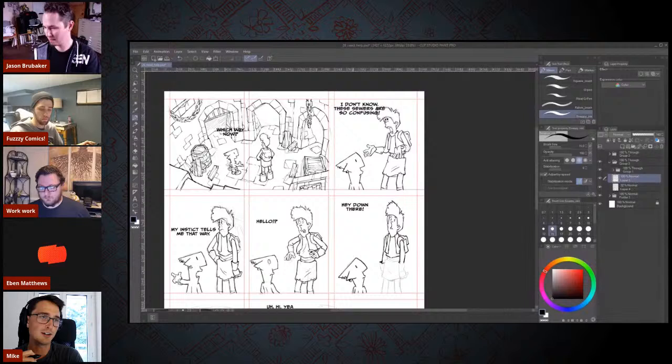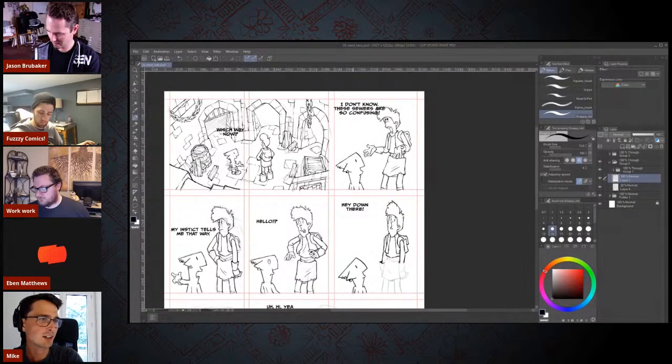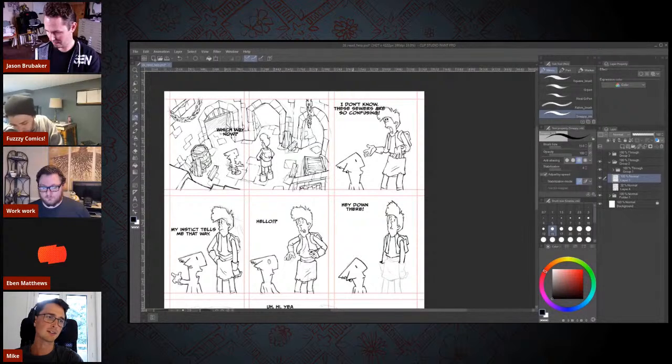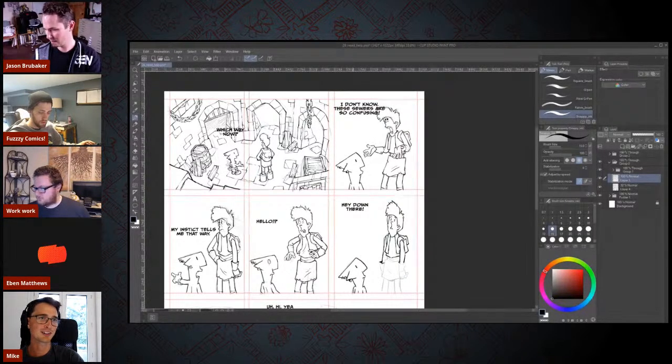And then I actually kind of fell into comics. I didn't really grow up with comics, and I don't know a whole lot about comics, but it was a good way to actually tell stories. Because actually animating is just too much work. I mean, I am discovering that comics is a lot more work than I thought, but it's a good way to tell stories and gags and jokes and stuff.